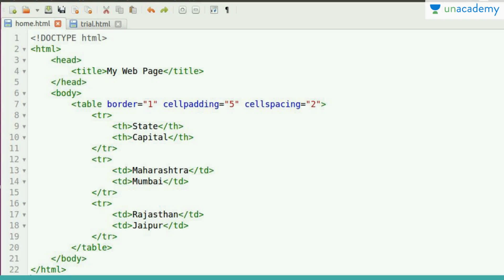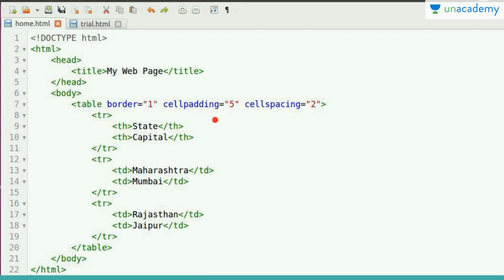Now let's modify our code to this. This is the same as before except that now you can see in the first row we have used th instead of td, but in the rest we are using td only. This th is for headings, because in your table you can have headings apart from the rest of the columns. This heading will also come in a row tag. So we will have table, tr, td and th.